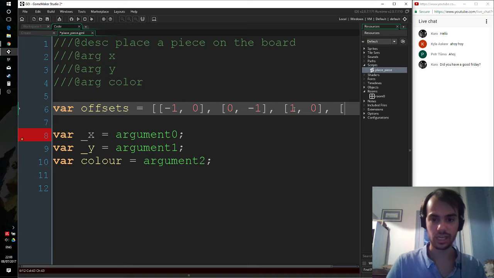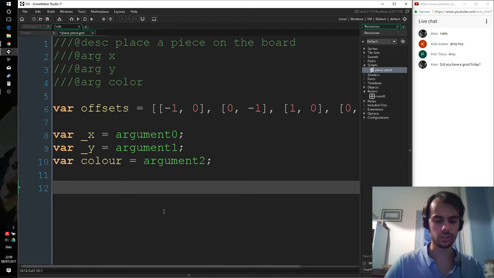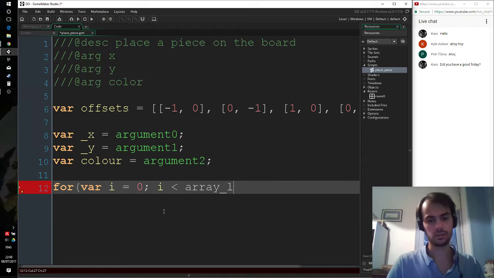And then we're gonna have 0, 1. So this way we have all the offsets we want to traverse, and then it's pretty easy to just do for var i equals 0, i is smaller than array_length_1d offsets,